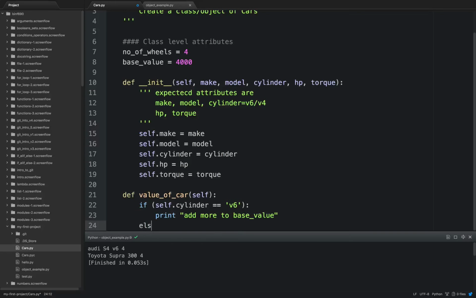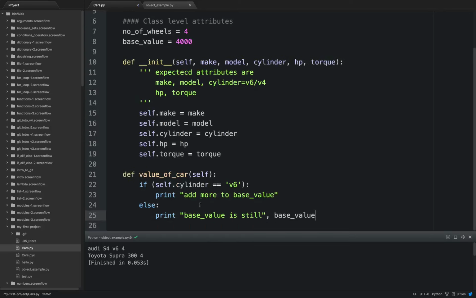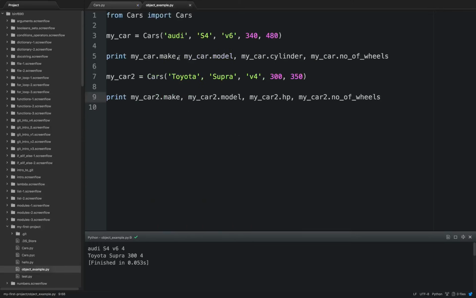Else, print base value is still, and I can just say base value here. Let's save this and let's go here, and now if I say print my car dot